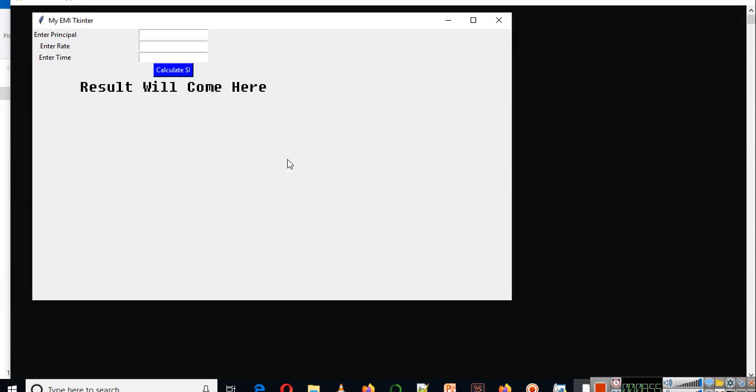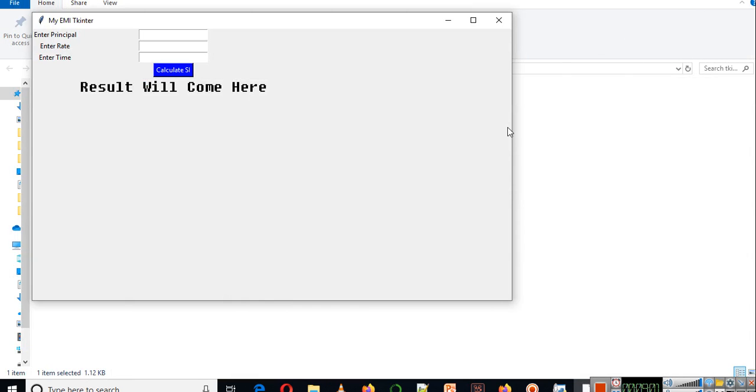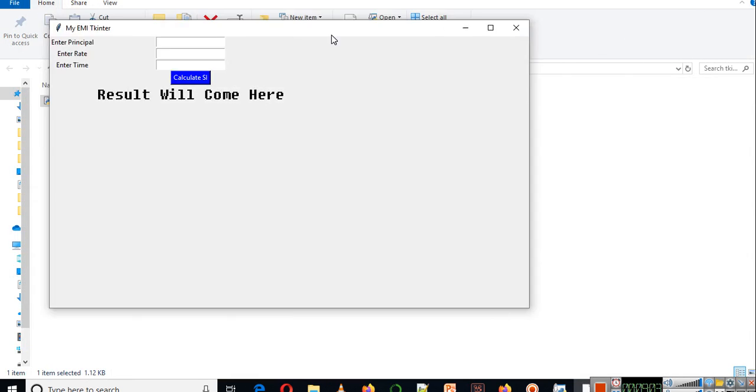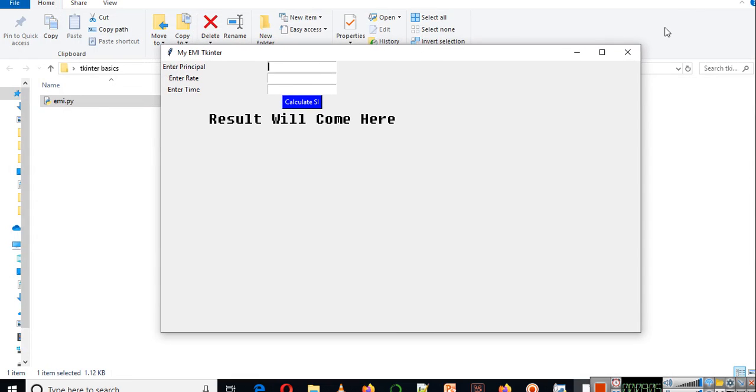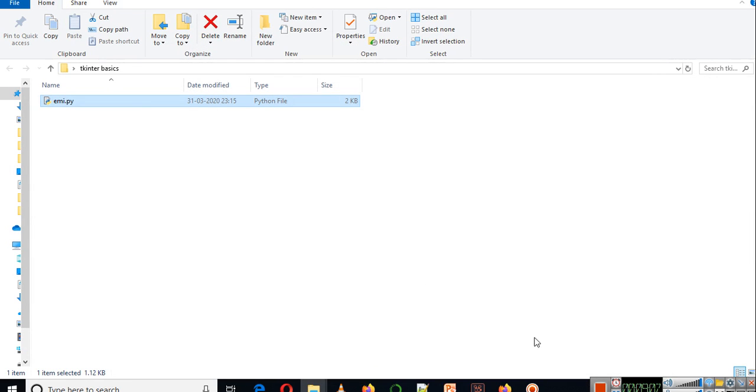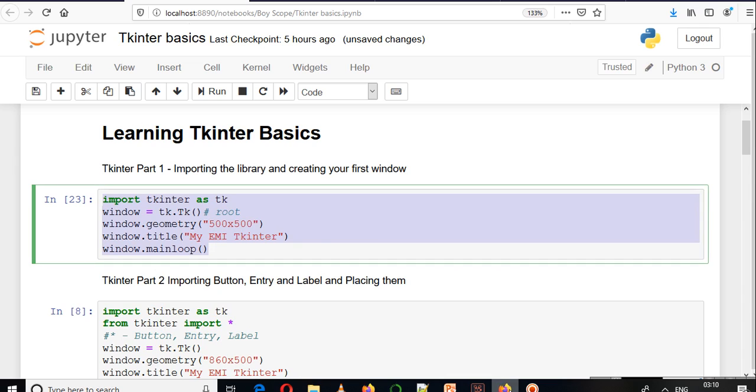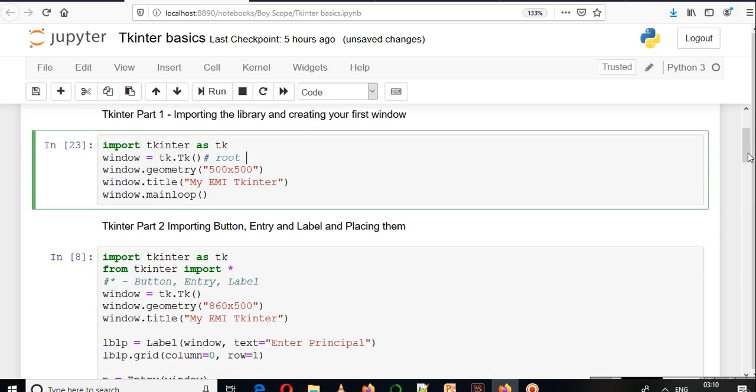You will double click it and it will open a window for you. You can minimize that command window, and now you can do your work here. So this is our first part, and in the first part we have already created an empty window in tkinter.